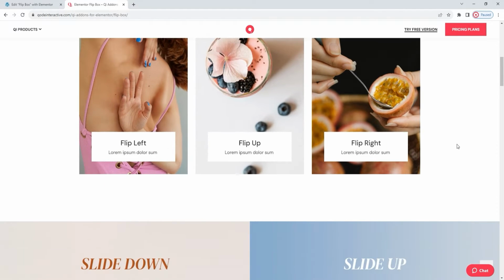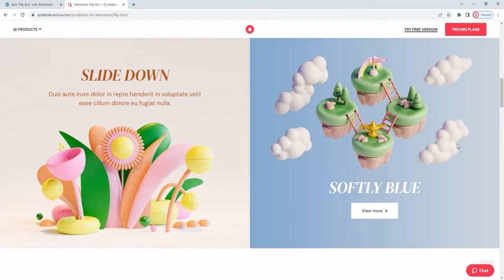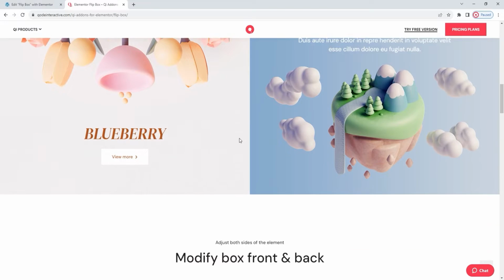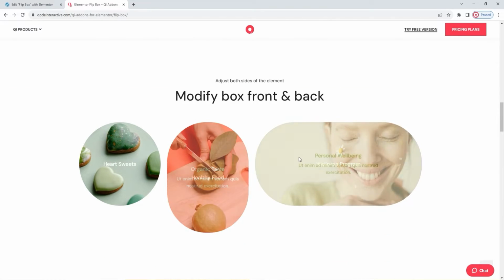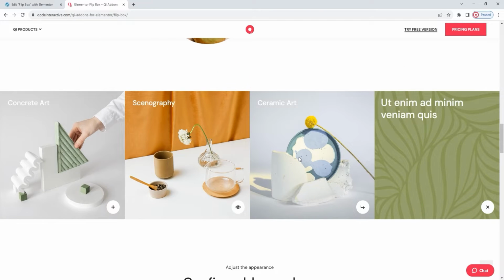If we keep moving down the page, we have an example with a much subtler switch. The boxes slide up or down without a noticeable flip. Then you have something like this, where an overlay seems to appear with new content to cover the old. These are all different ways that the flip side content can be displayed. However, that's not all. You can combine that with different triggers for the boxes, such as the one we see